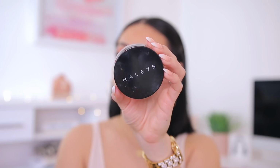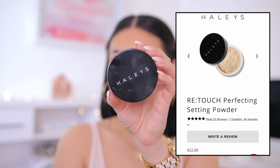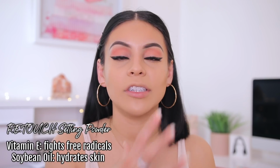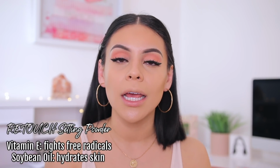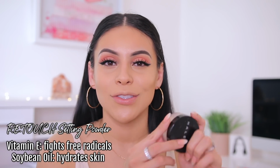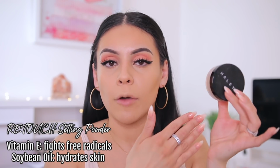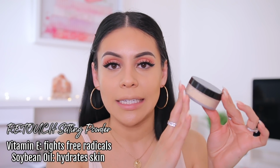Now we're gonna go ahead and set everything, because we have to set our creams to make sure everything lasts all day. So I am gonna use my Haley's Retouch Perfecting Loose Powder. This to me is just the best powder that was created in the makeup world. It is just so good. I always go back to it every time I test out a new one. It's good, but I always compare it to this, so it's never better. It is so blurring, airbrush smoothing, Instagram filter in a container is what I call